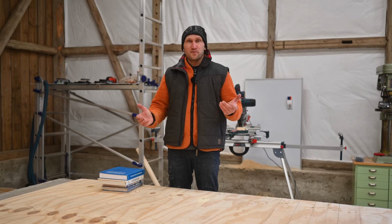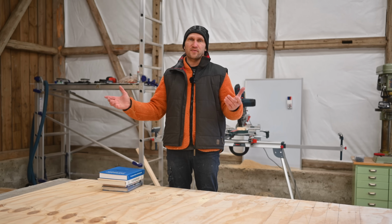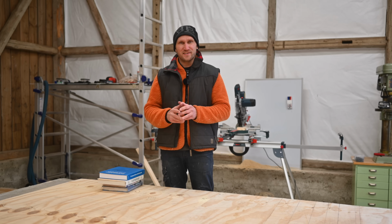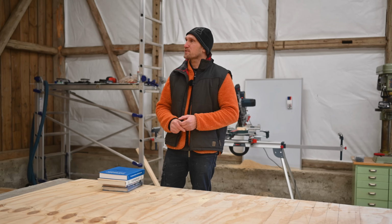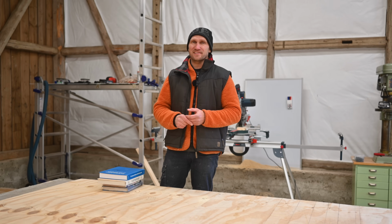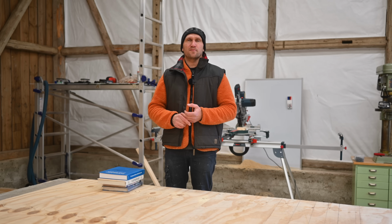So Christmas is over and I'm back here in the barn working on the temporary frames for the hull. And the plan is, as always, to try to finish with these temporary frames within the week. But this time I might have a chance of doing that because I only have 5.5 of them left to